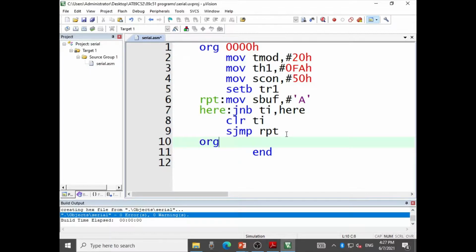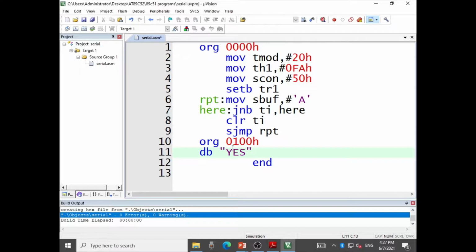What I need to do is first store the string which is to be transmitted in memory, and for storing the string I will require the help of the DB directive. DB is a define byte directive which is used for storing data in code memory. Now what data is to be stored? The three letters YES. These three letters will be stored in three different memory locations.